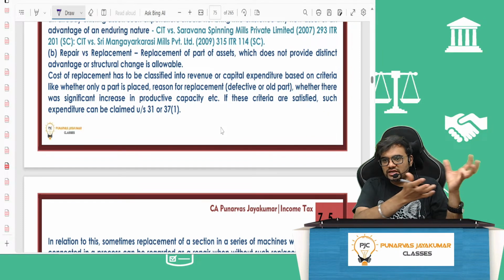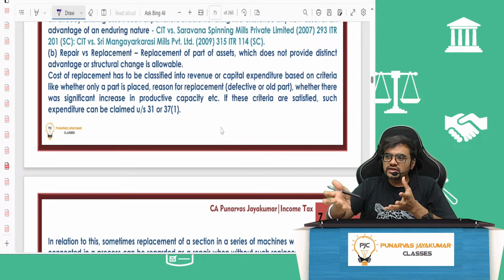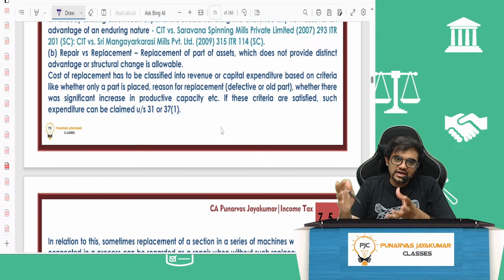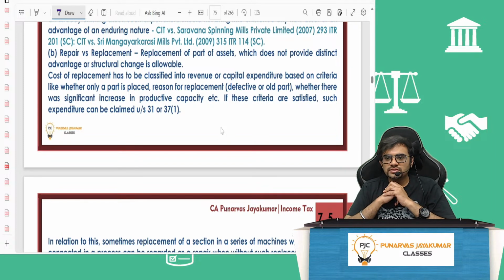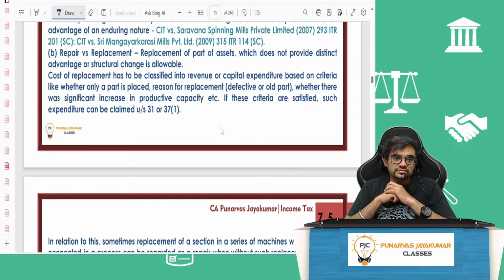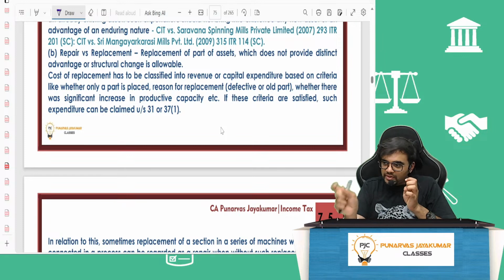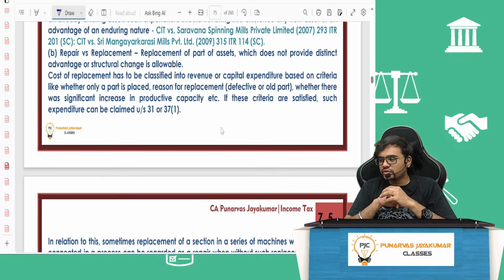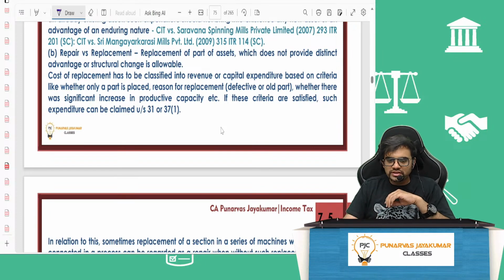Now in that conveyor belt, the second conveyor belt itself is gone. And that second machine, which will rip open the coconut and put it into the bottle, is not working. Now that portion I am replacing, is it revenue or capital? Capital. Why? Because the entire asset will work only if that part works, even though it may be a very small part that is missing. But if I don't replace it, the asset will stop working. So that's what they say.